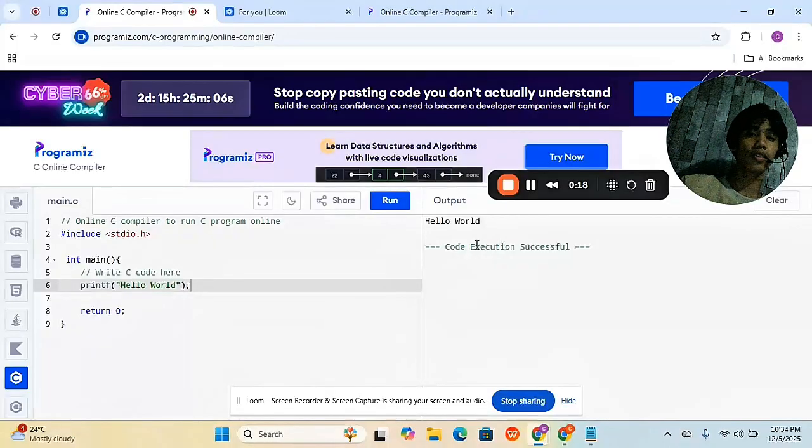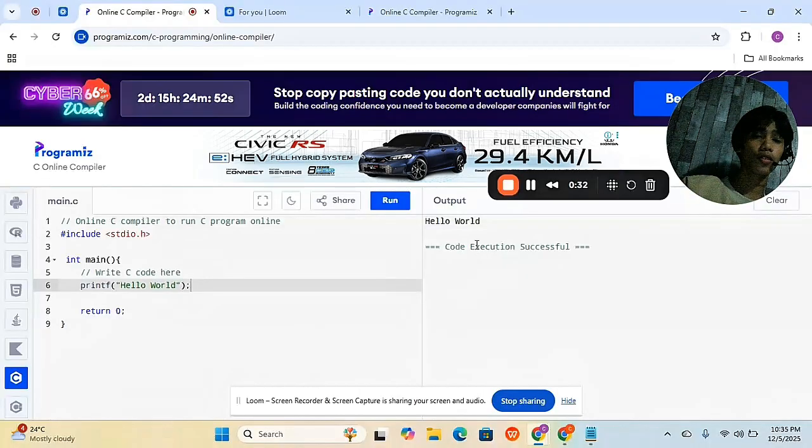Before we start learning recursion, we do a quick review of basic C concepts so everyone can follow along. So, what is C programming? C programming is a powerful, fast, and efficient programming language.